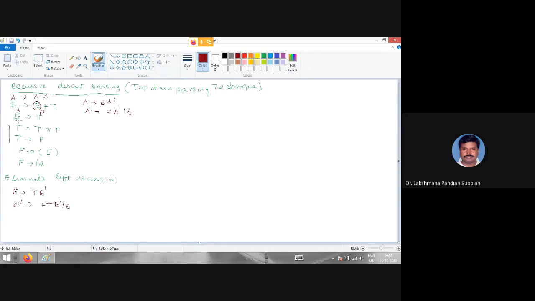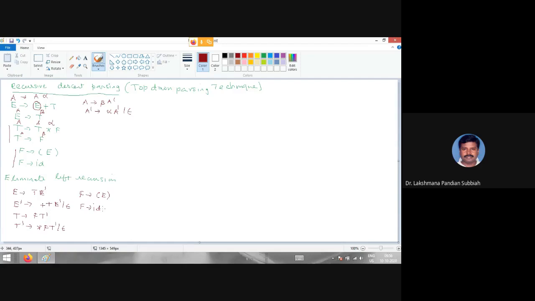So you have to use that one, A alpha remaining, this is A beta. Now in that case we are getting T derives F T dash, then T dash derives star F T dash or empty. Then the remaining two don't have anything, so you write as it is. So we are having F derives open bracket E close bracket, F derives ID.